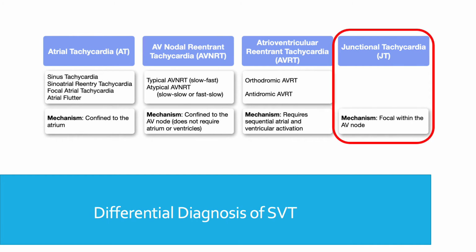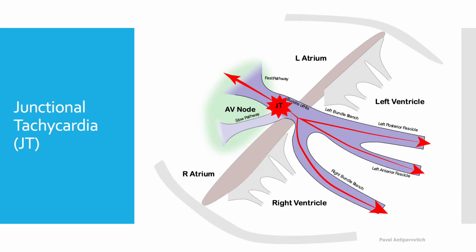Last but not least is junctional tachycardia. JT is a focal tachycardia within the AV junction, and it does not require the atrium or the ventricles as part of its mechanism. Depending on where the JT is, whether it's electrically closer to the atrium or the ventricles, determines the relationship of the P and QRS complexes on the ECG. If the JT is close to the atrium, the P wave will precede the QRS. If it's electrically farther from the atrium or has a delay to the atrial conduction, the P wave may end